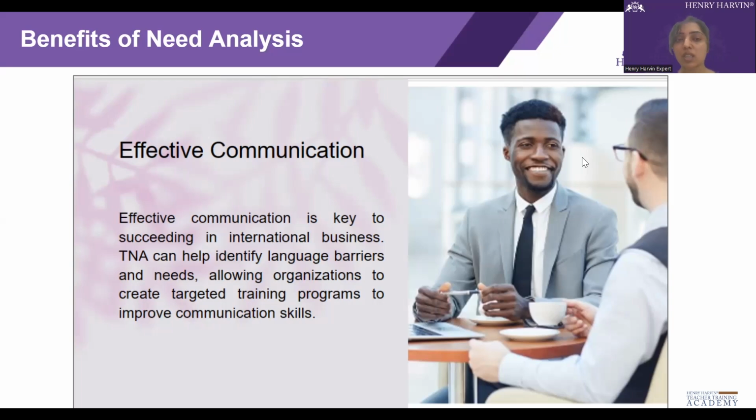Obviously TNA helps identify language barriers. It's only when you understand the language barrier and do that analysis that you will be able to analyze what exactly you need to teach and what your approach should be. It is going to give you the benefit at the end of the day,